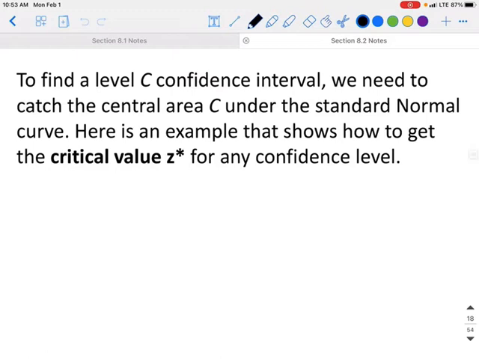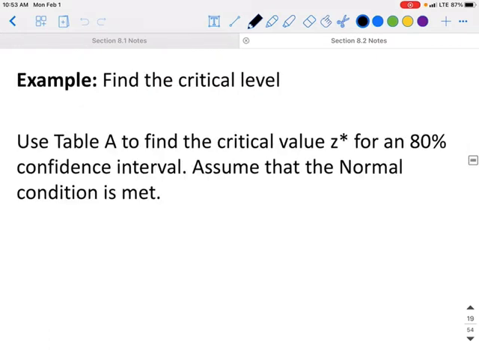To find a level C confidence interval, we need to catch the central area C under the standard normal curve. Here is an example that shows how to get that critical value z star for any confidence level. Use table A to find the critical value z star for an 80% confidence interval. Assume that the normal condition is met. When we're looking for an 80% confidence interval, we need to catch the central 80% of the standard normal distribution. So if we have a normal curve,